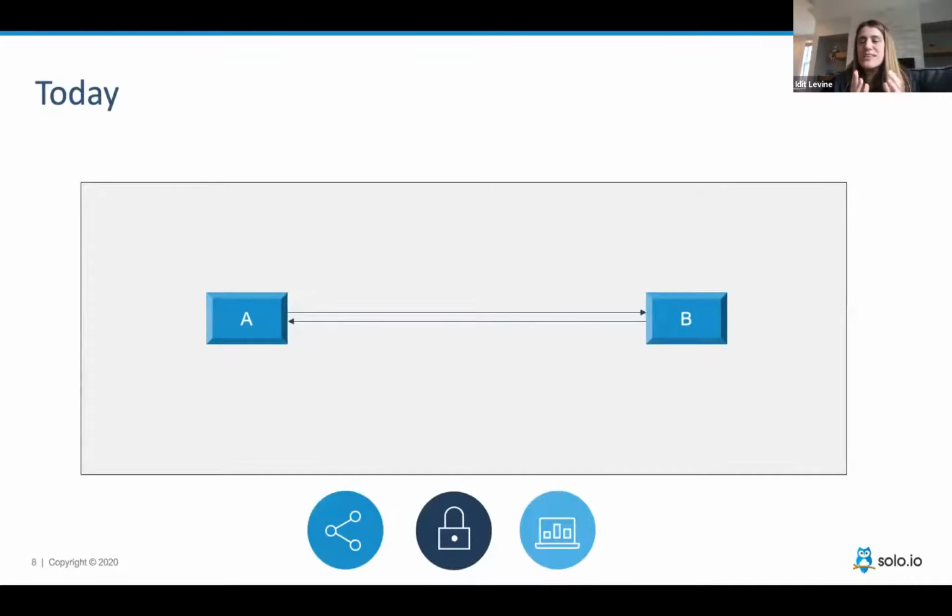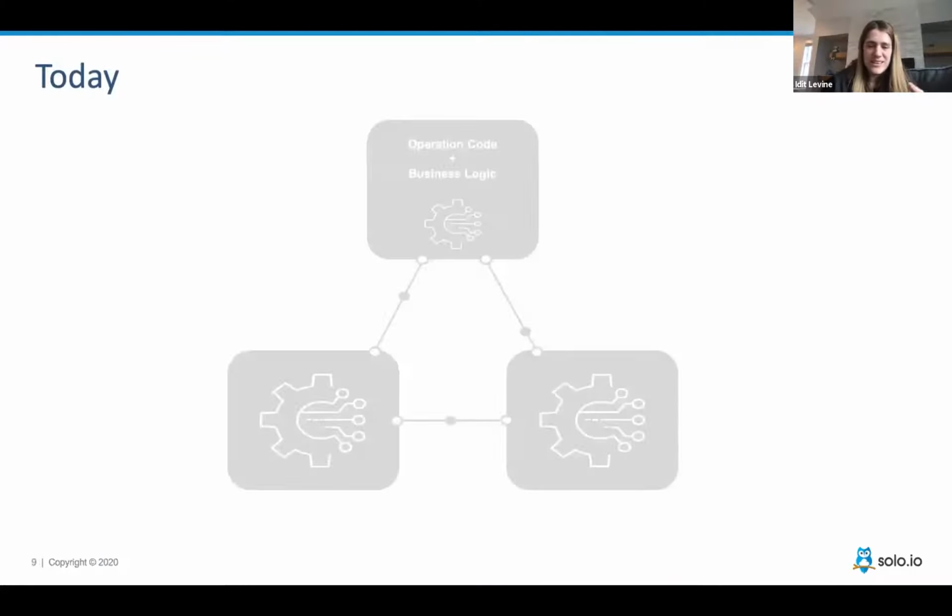Okay, so how does it happen today? Let's say that Service Mesh does not exist. It's pretty simple, right? A needs to talk to B. But that basically means that you, the engineers, need to put a lot of operational code inside your microservices. So your microservice is not only your business logic right now, it's also the operation of how those two can communicate. And maybe you will need to attach some libraries for a lot of other reasons.